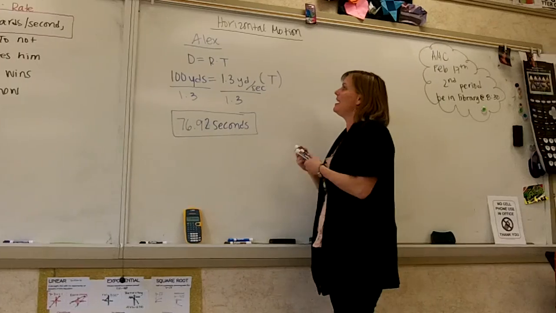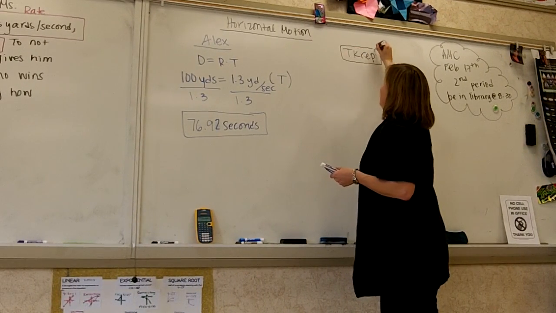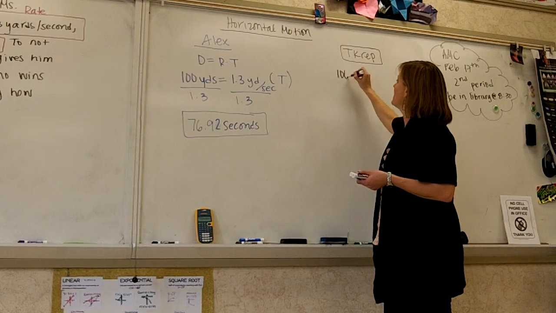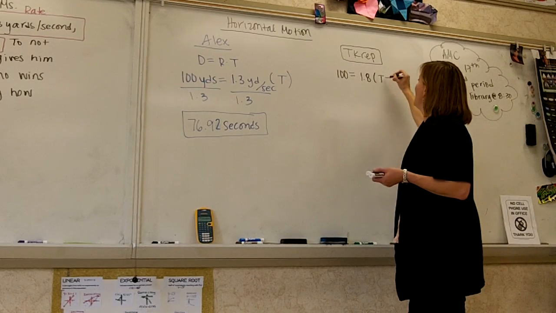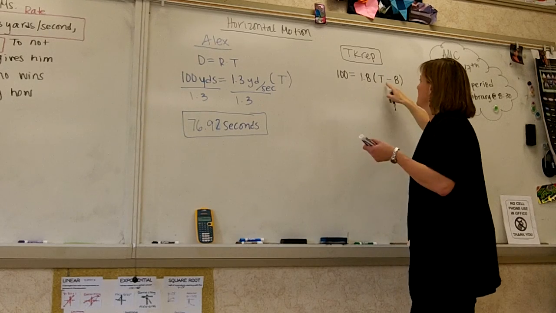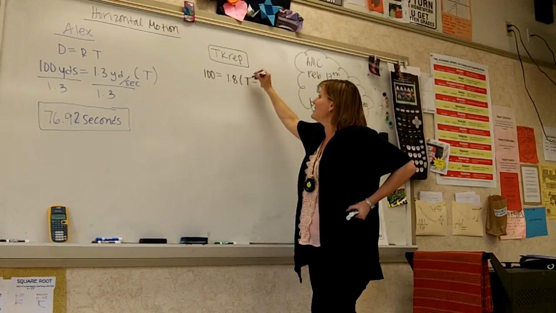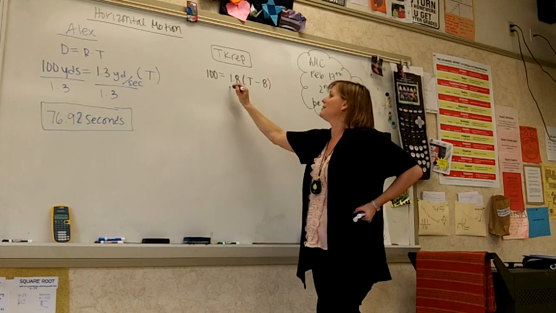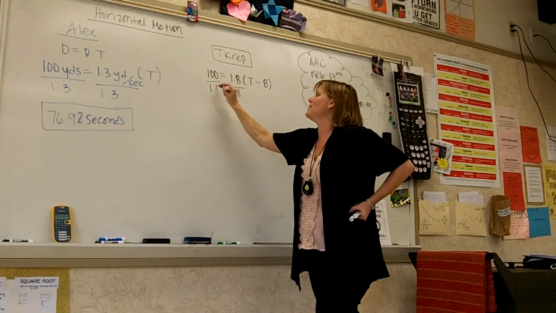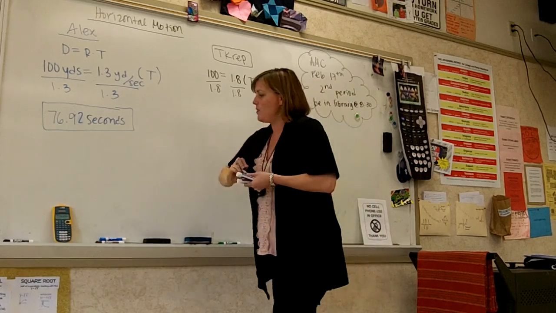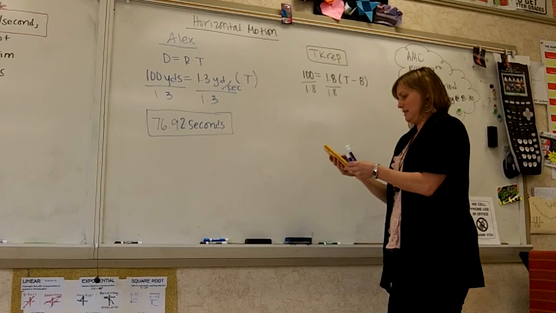So for me, I'm going to be doing the same thing, except that I am 8 seconds behind. So 100 is equal to my rate, which is 1.8, but my time is 8 seconds behind. So I'm always going to be 8 seconds behind. So with that, let's see what happens. Oh, man. I hope I can go faster than a minute and 16. Okay, so I'm going to divide both of these by 1.8. So 100 divided by 1.8